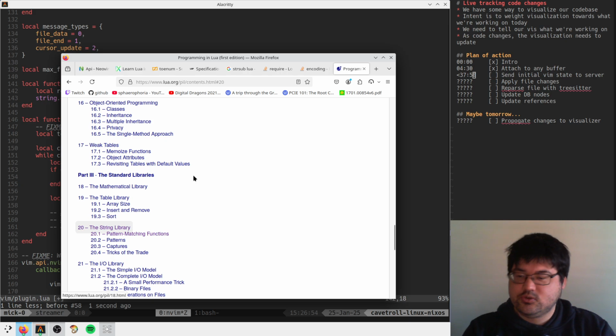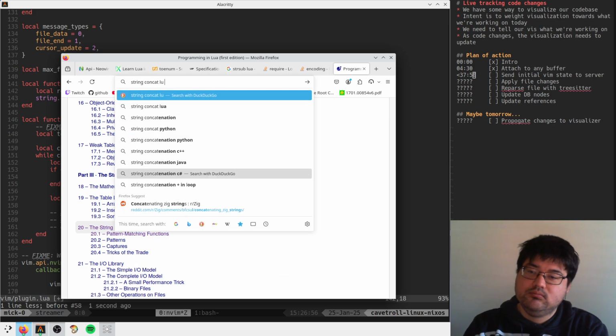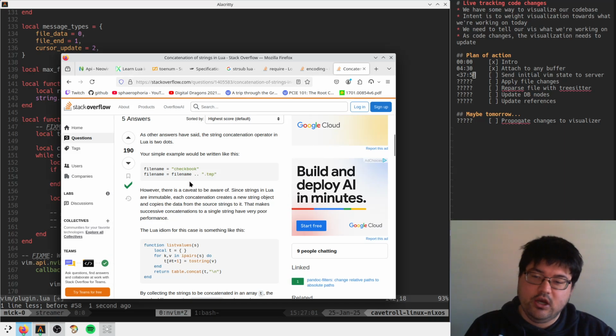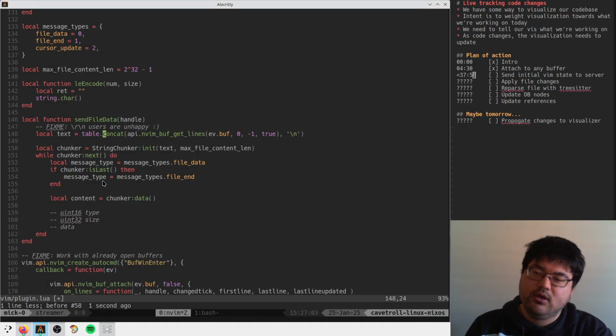I want like string concat. Just take these two strings and stick them together. Oh, just the dot dot, right, of course. Okay, so we can go like